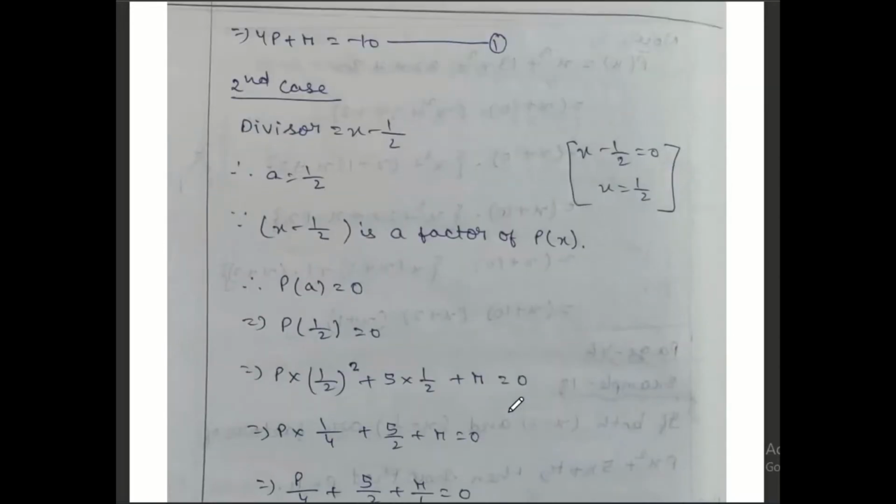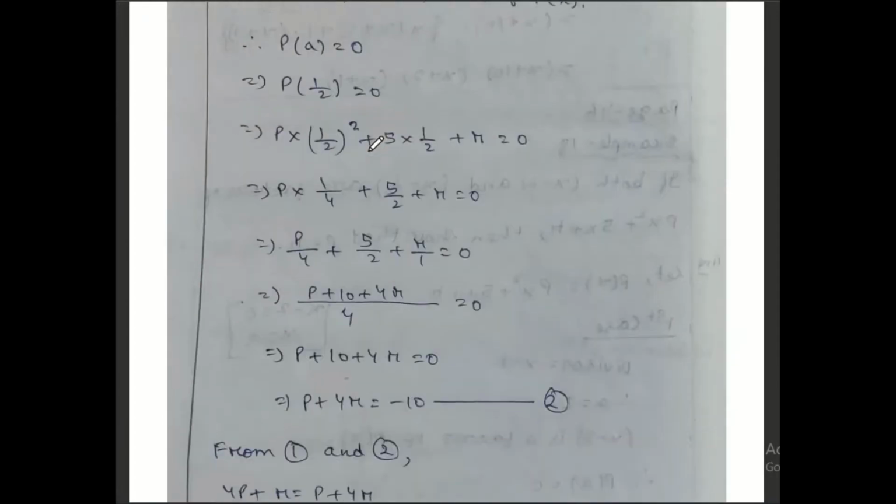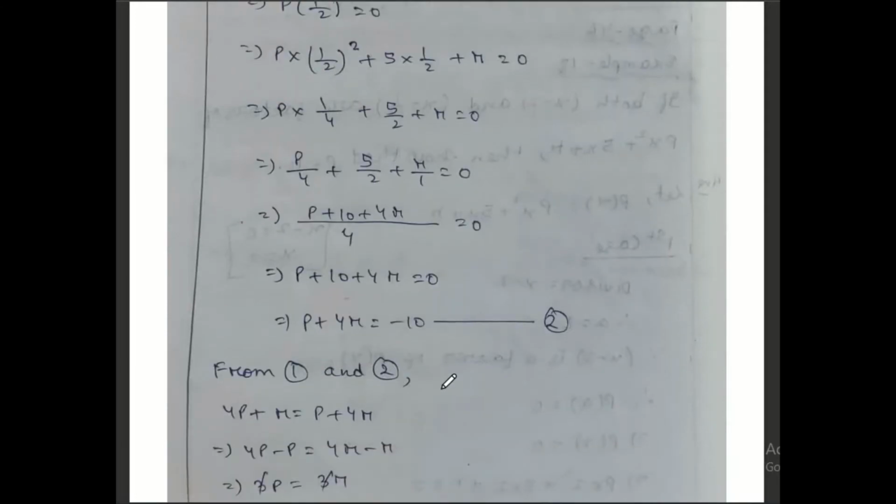Earlier we had condition 1 also. This is your condition 1: 4p plus r equals minus 10, right side minus 10. In condition 2 also, right side minus 10. Since both the right sides are matching, then both the left sides also will match. According to Euclid's geometry, you know that things which are equal to the same thing are equal to one another. So from condition 1, left hand side, and from condition 2, left hand side, both are equal because their right sides are also the same, minus 10, minus 10. So make both the left sides equal.